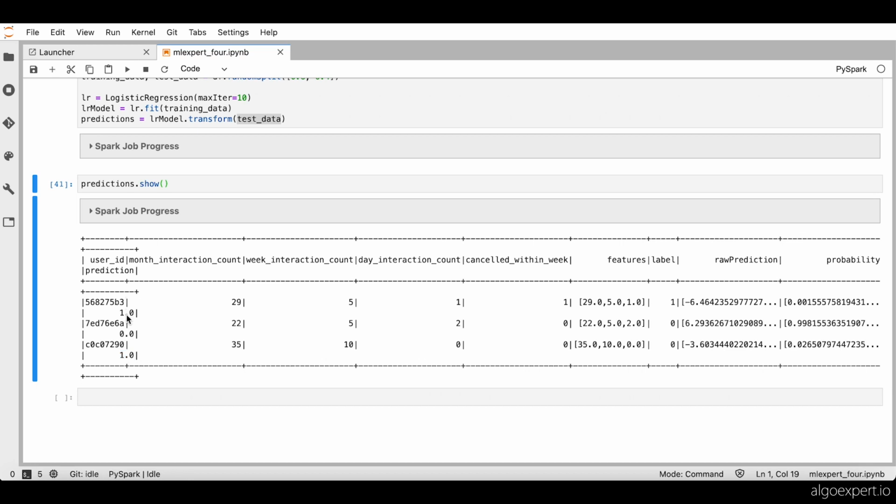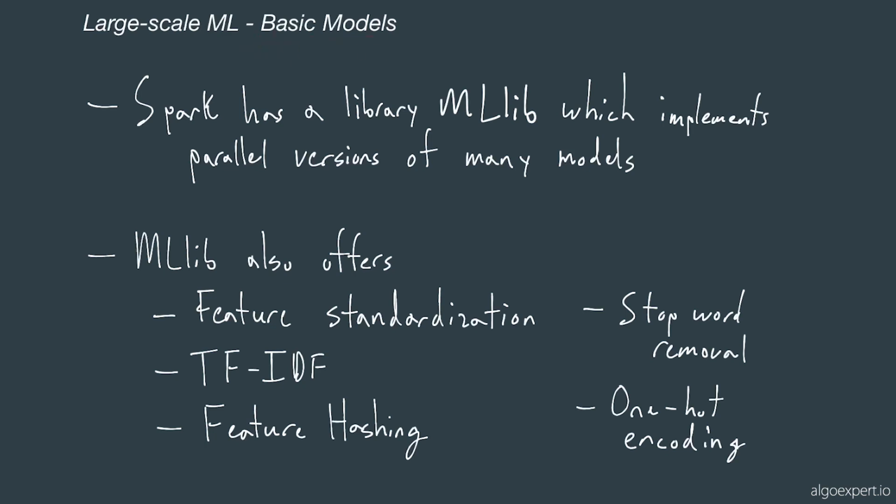Now again, we would typically use far more data, and we would also have far more iterations, and also complete hyperparameter tuning. But this is just a high-level example of how you can use Spark to create basic models. That wraps up the basic models video in the